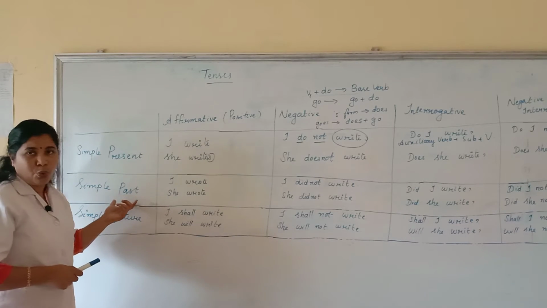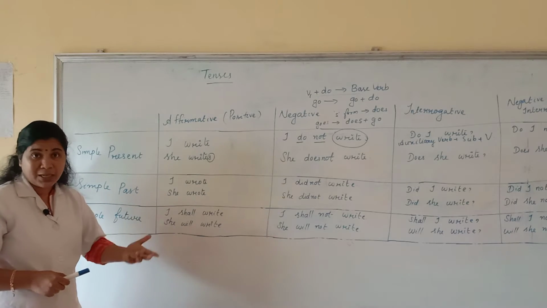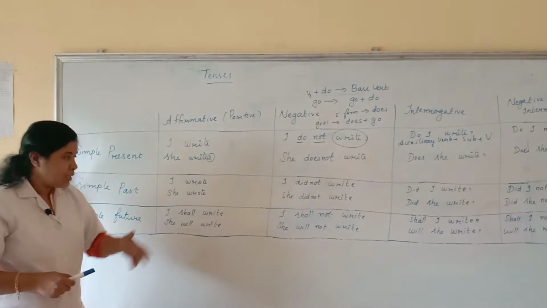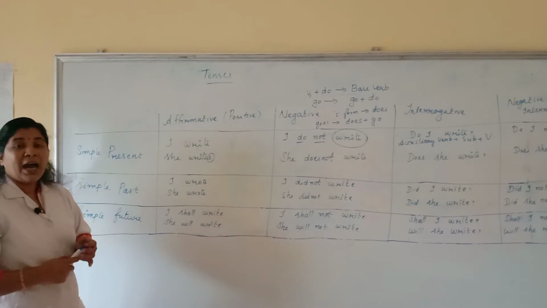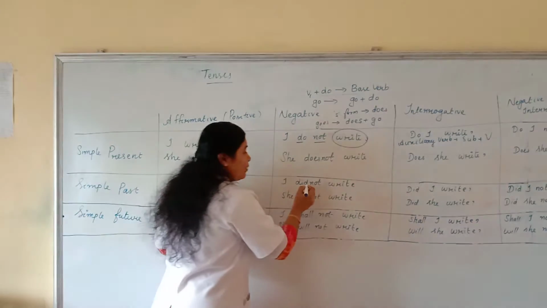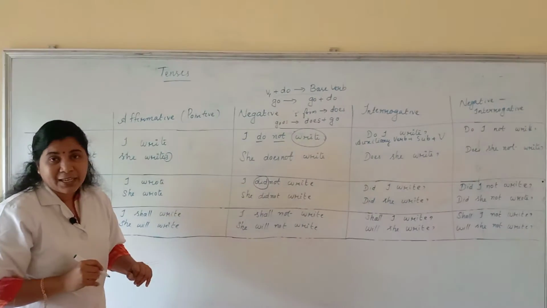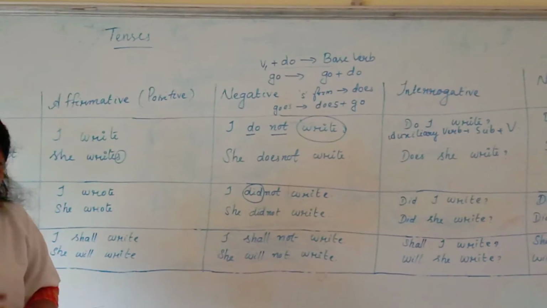Now what is simple past? Simple past, you know what is the format of a past tense? Simple past tense, subject plus V2. Is it? So here subject plus V2. And here you have to remember from V2 we can take did. What we can take as auxiliary? We can take did as auxiliary.